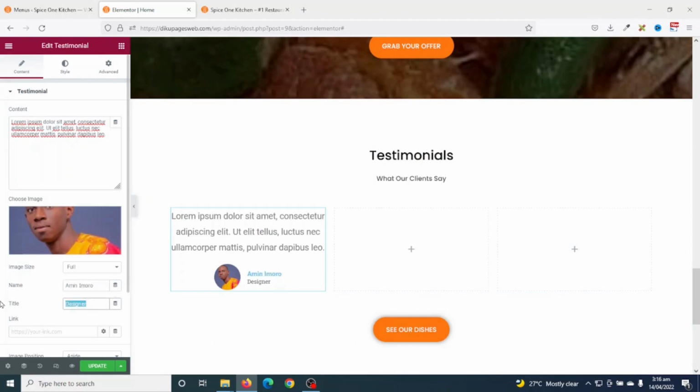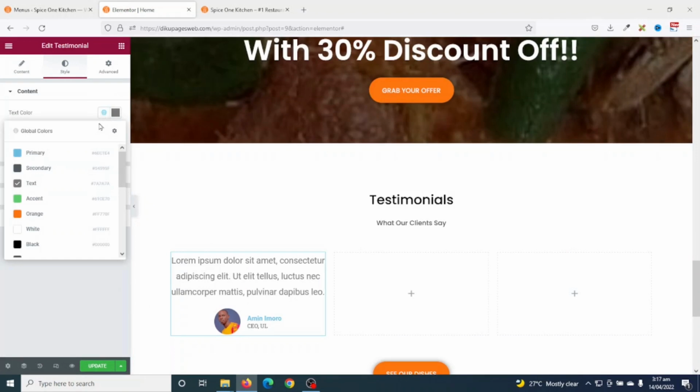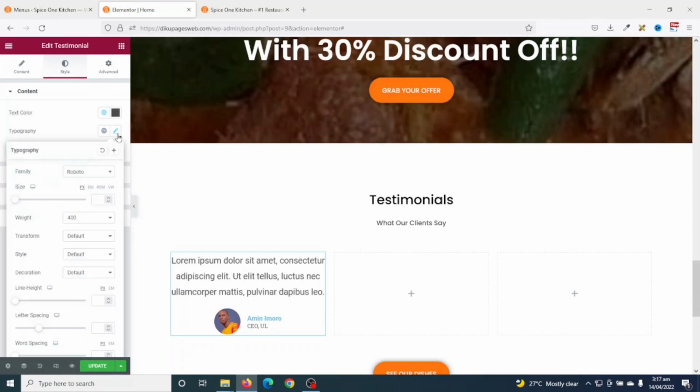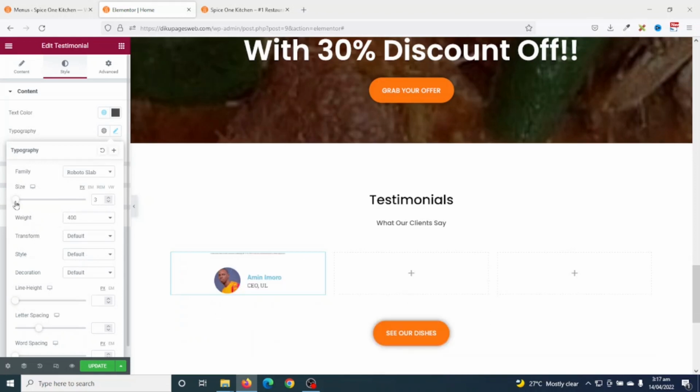And the title, I change it to CEO at Universal Legacy. Next, I go over to style. The text color, I'll go ahead and choose my gray color. The typography, this time around, I'm not going to use Poppins. I'll choose Roboto Slab. Now I'm going to go ahead and decrease the size